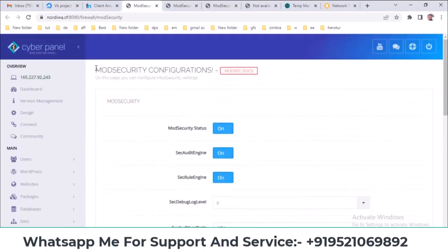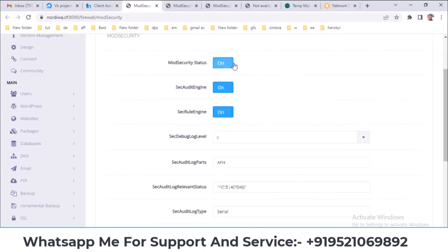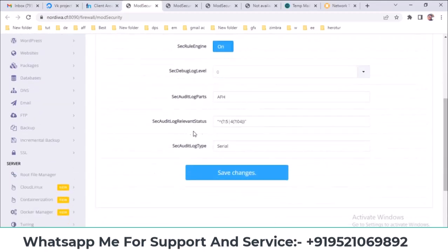You will find it on cPanel as well. You will find it in WHM. It is not getting installed here. ModSecurity has been installed here, so in ModSecurity, you can click on it from here, and